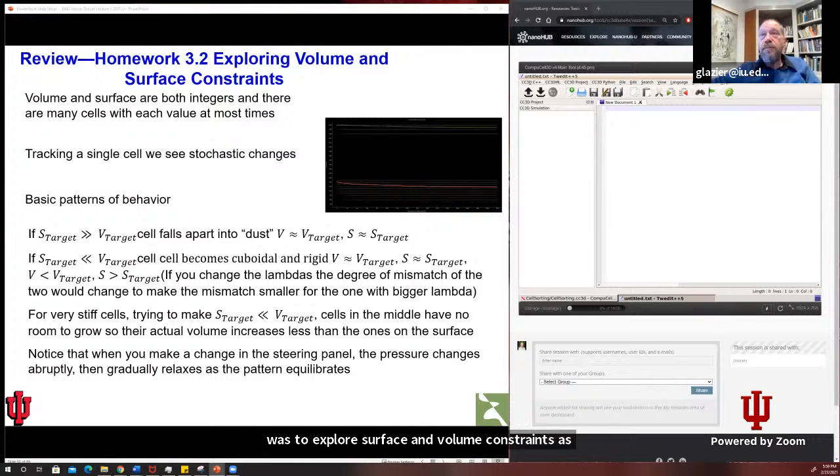And I had asked you to first create some cells, and then to plot the actual volume and surface area of all of those cells in the simulation. And this is a reproduction of one of the homeworks that was handed in. And then also average it and plot the average versus time. Now what you see here is a series of horizontal lines